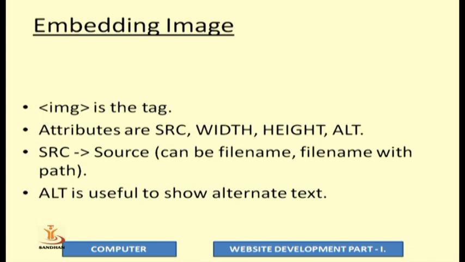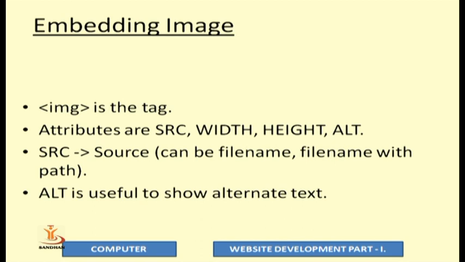Now we are moving to an important aspect of HTML. Till this moment we have discussed writing a text with HTML, formatting a text in HTML. But now we are going to discuss how I can incorporate images in an HTML page.